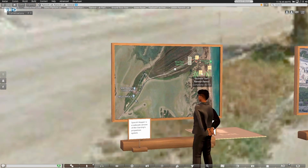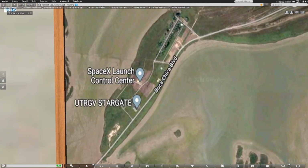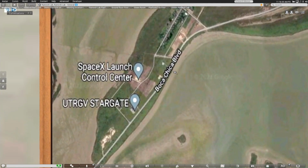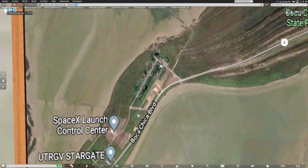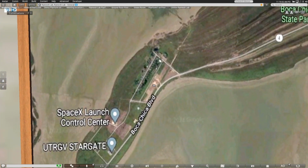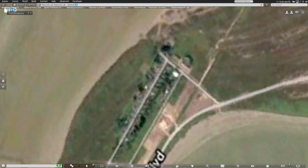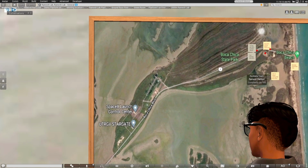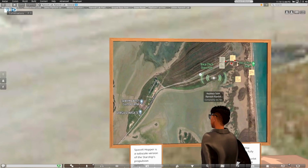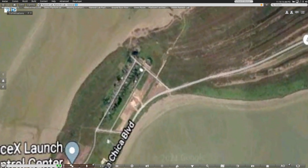Okay, I'm looking at the bottom left of this map, and you can see the Boca Chica Boulevard, and somewhere around the top of this lettering, you can see the village. Actually, you can see Weem Street and all that. So you know the location of this place and where it is. Okay, so that's where the village is, and that's where some of the